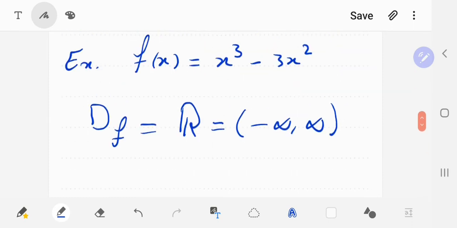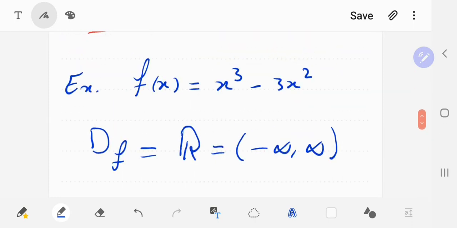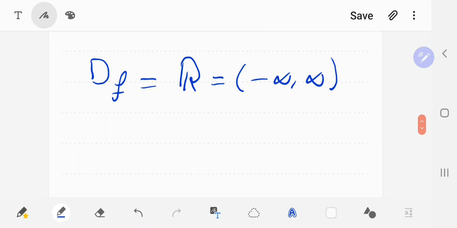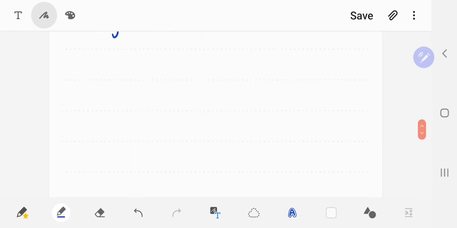Since it's not rational, so no denominators, which means no possible vertical asymptotes. And if you try to check for a horizontal asymptote, of course, it's not rational again. And if you substitute infinity, that will give you an undetermined value, because infinity minus infinity is undetermined. So no asymptotes,